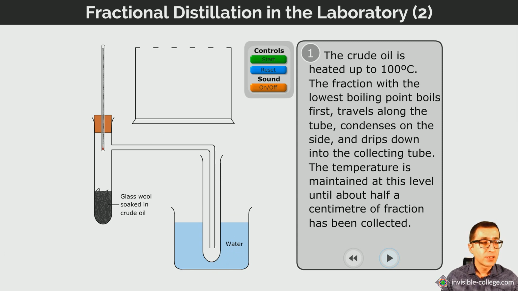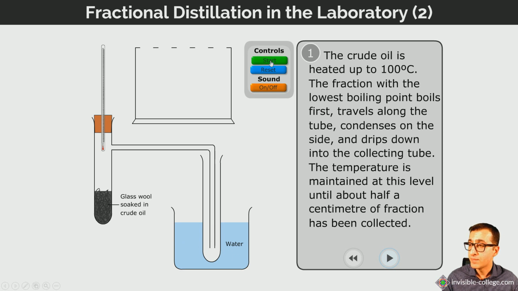So to begin with, the crude oil is heated using a Bunsen flame in the boiling tube, and it's heated up to a temperature of about 100 degrees centigrade. Now the fraction, the part of the crude oil with the lowest boiling points. Now again, the term fraction doesn't mean a specific substance. It means a group of substances that all have similar boiling points. So the fraction with the lowest boiling point will boil first and then travel as a vapor along the delivery tube and then condense as it enters this colder tube and cools down, so that it eventually will collect